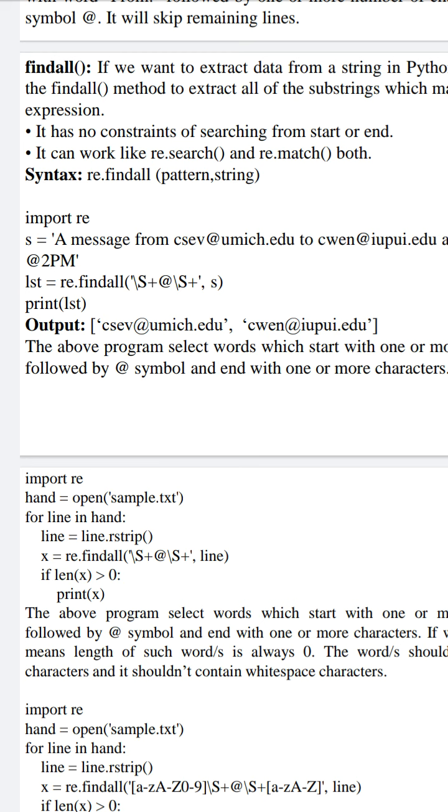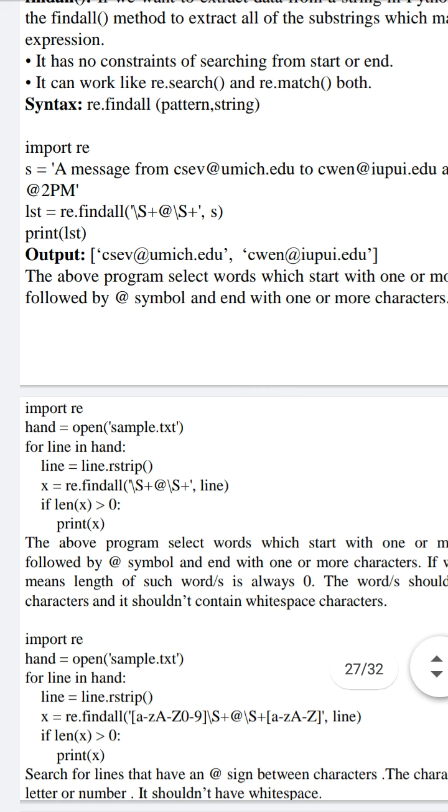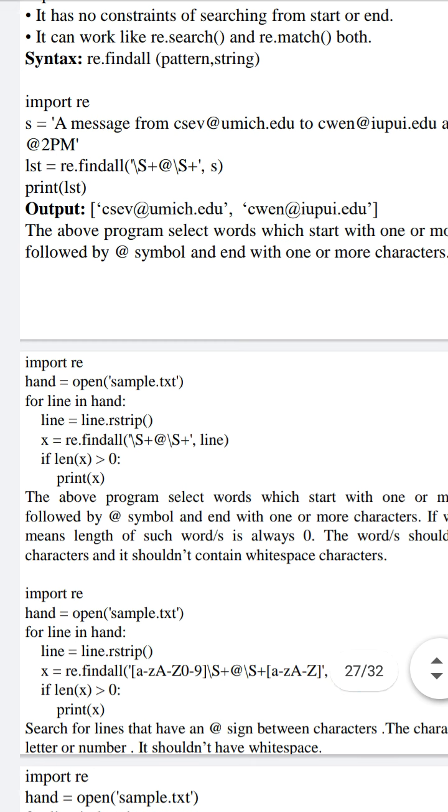Because these two words match our pattern \S+@\S+, because \S+ matches one or more characters, hence it matches CSEV followed by the @ symbol, again followed by one or more characters, that is umich.edu. Similarly for CWEN@iupui.edu.